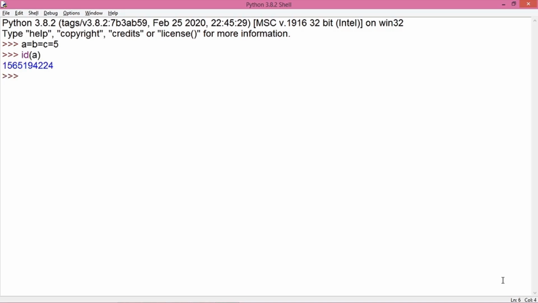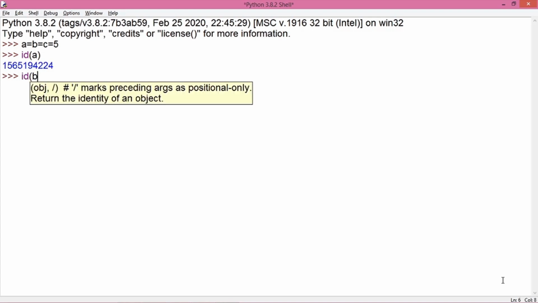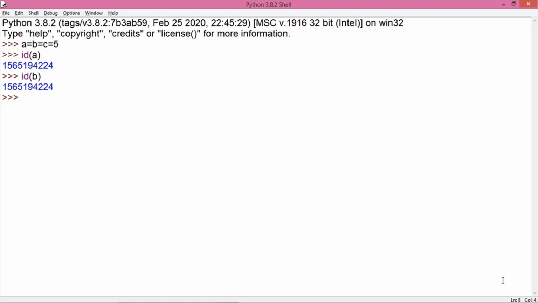This is the address of object A, which is my variable A, ID for variable B and ID for variable C. You can see that the output generated by the ID function is the same for all these variables. That means in a memory location 5 gets stored and these three variables point to the same location.